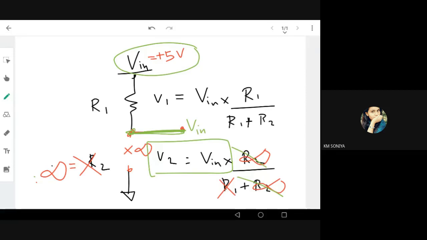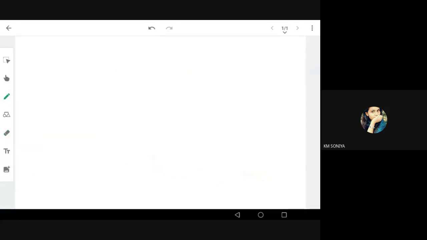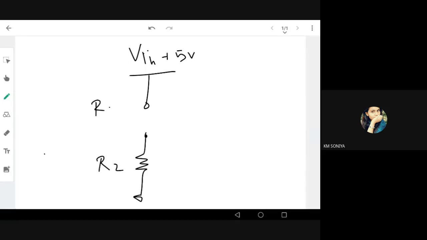Okay, so now the same thing. If I have this input voltage V, say plus 5 volt, now if I disconnect this, R2 is remaining here, R1 I am disconnecting. Now what is the voltage at this point? Here you can see that there is no current flow, there's no voltage connection here, and here the value is infinity, right? R1 is infinity, that means a very high value. That means there is no current flow from here to here. It's practically disconnected. So this V output is 0 volt, right?